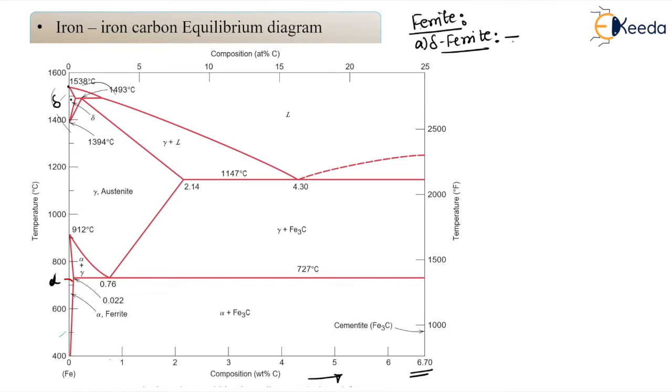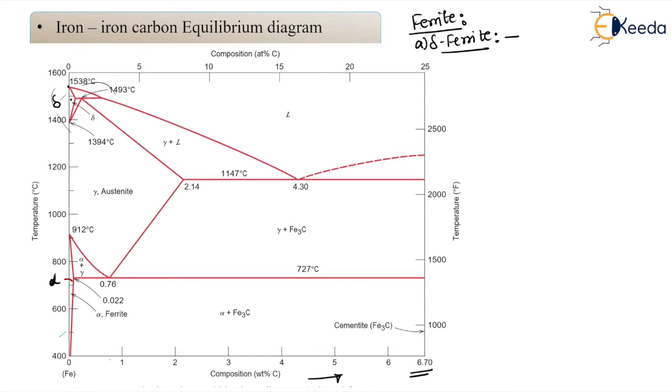Now dear students, what is meant by this delta ferrite? Actually it is stable only at high temperature and has no significant practical application. Because of course it is at very high temperature, the steel is in the liquid form, and again the percentage of carbon is very low. So definitely it does not get involved in structural steel, and it does not have that much practical application. So this is about delta ferrite, dear students.